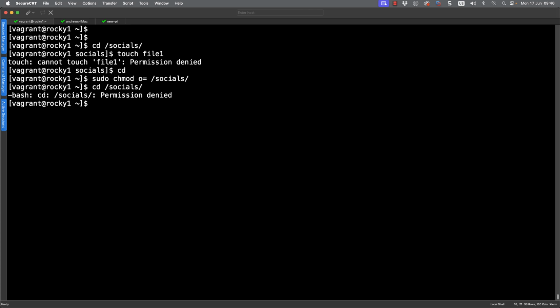But now we can start looking at setting our access control list. And we do that instead of the chmod command. We've got setfacl, -m to modify, and we're adding in a group. We're adding in the marketing group, and we're giving read, write, and execute to the marketing group to the socials directory.